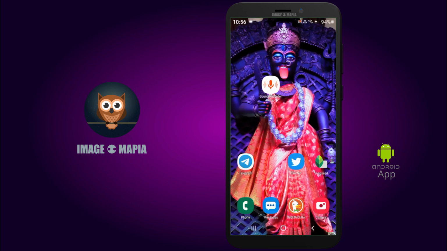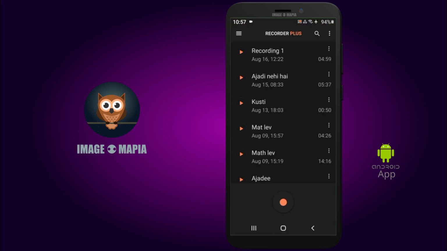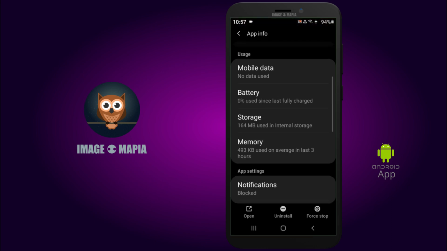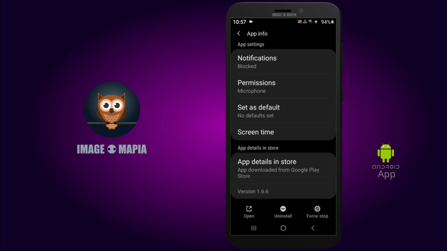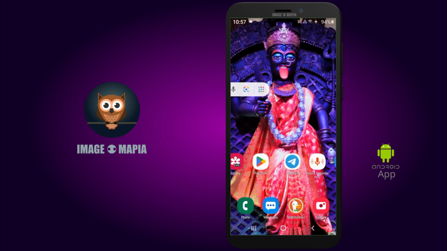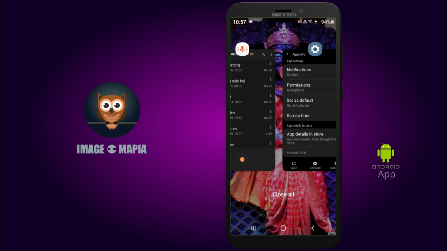Okay, now I have to check this version. What is the new version of this app? Yes, the version is 1.6.6. It is already upgraded. So keep it here. Now I want to